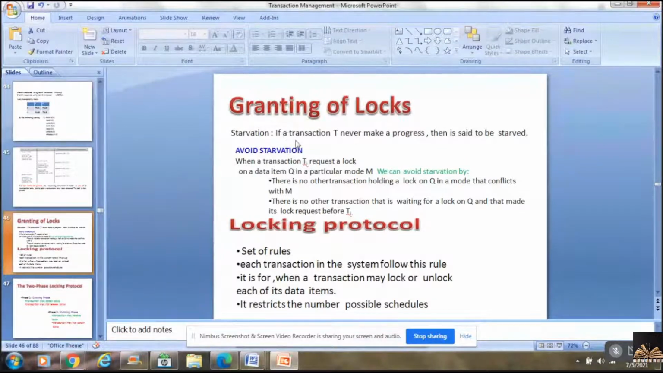And there's one more problem, that is the concept of starvation, which is nothing but waiting. If a transaction T never makes progress, maybe it is waiting for some other transactions to release the locks, then it is said to be starved. Okay, avoid starvation. When a transaction Ti requests a lock on a data item Q in a particular mode,